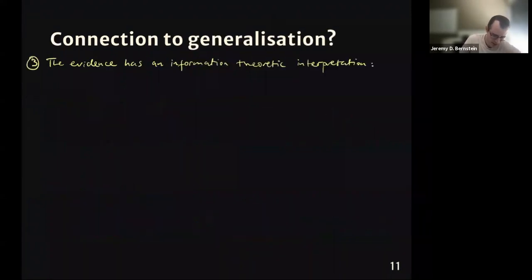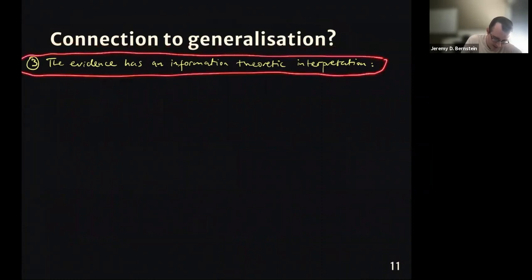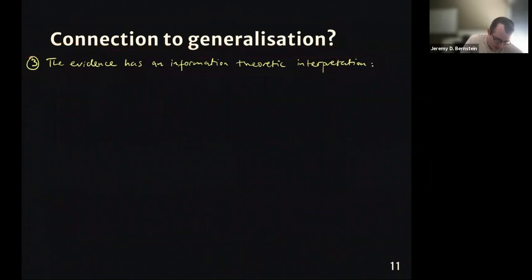So this slide is talking about the connection to generalization, but there's one more property I want to point out that the evidence has. It has an information theoretic interpretation. If we define the evidence to be the volume of solutions divided by the volume of total weight space,